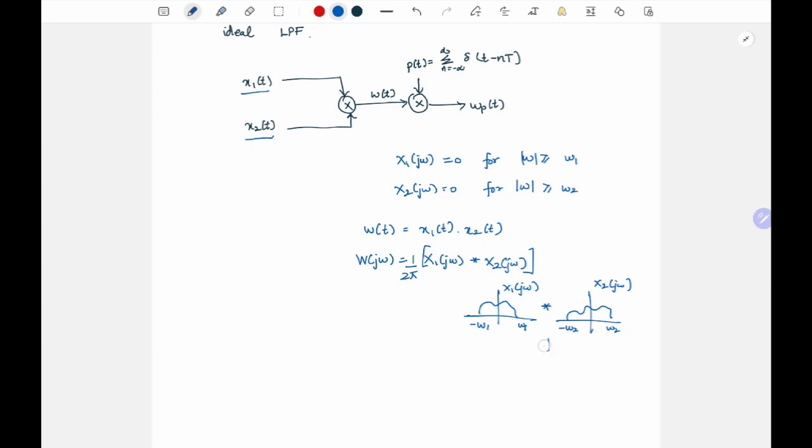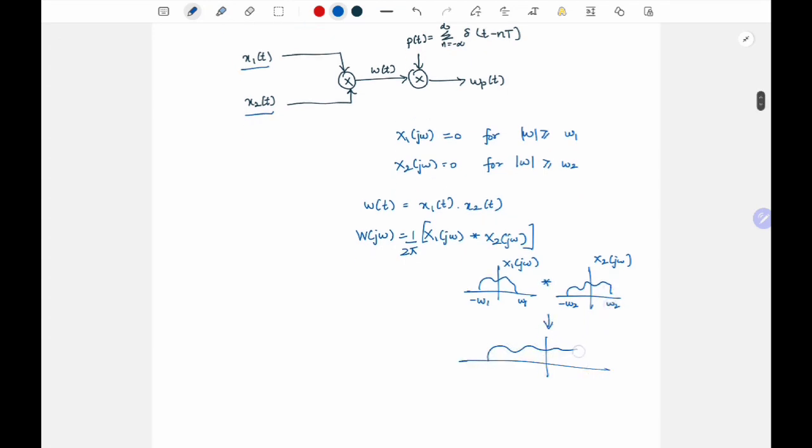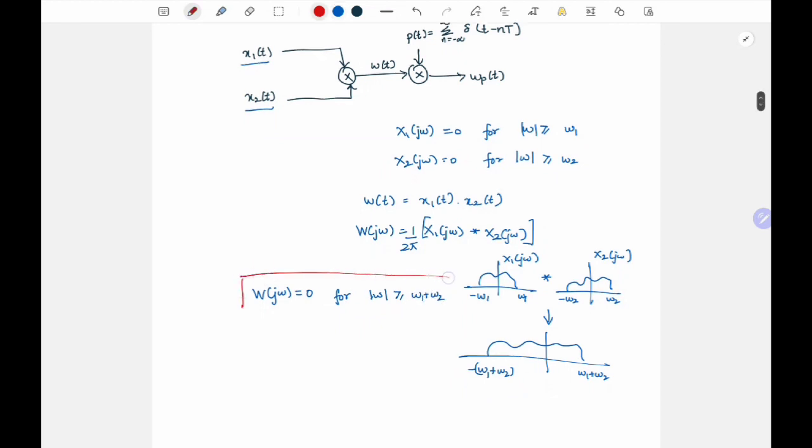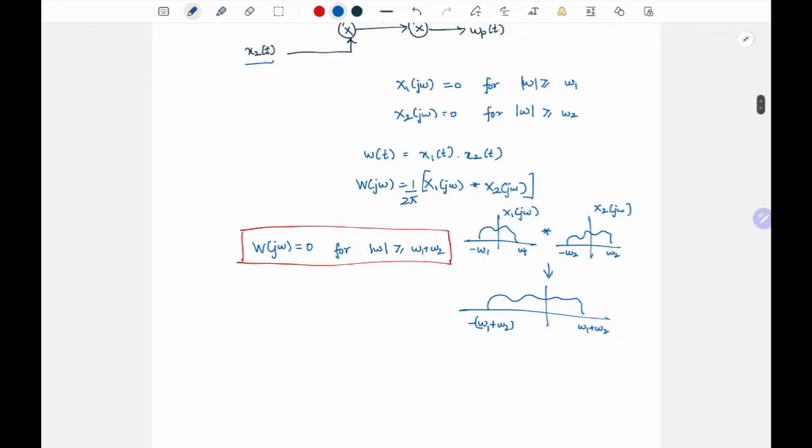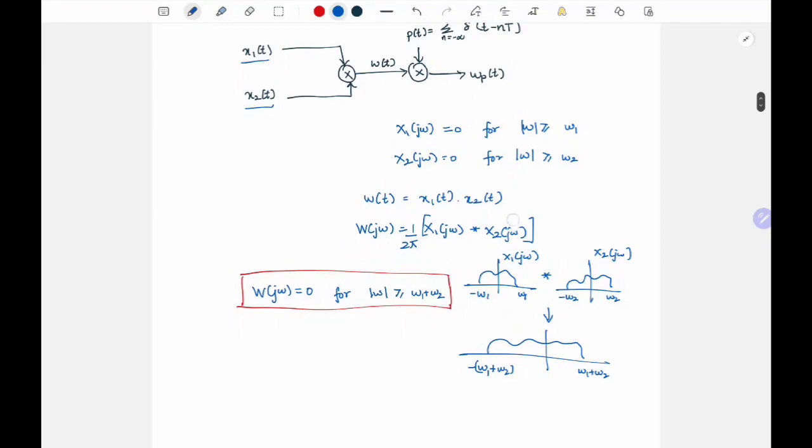So if you convolve these both, you will get a signal which is there from minus omega 1 plus omega 2 to omega 1 plus omega 2. So this we know from our previous classes, right? So my w of j omega is equal to 0 for mod omega greater than or equal to omega 1 plus omega 2. So this is the important condition we got. In other words, this w of t is band limited to omega 1 plus omega 2. So to recover w of t from wp of t, what should be the